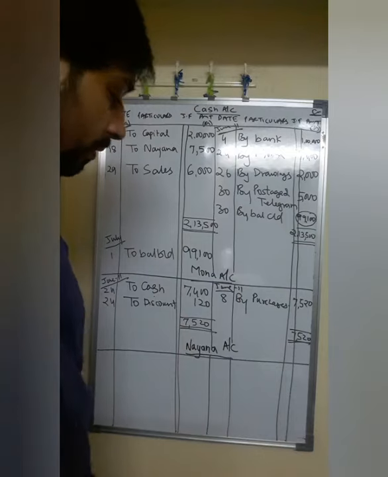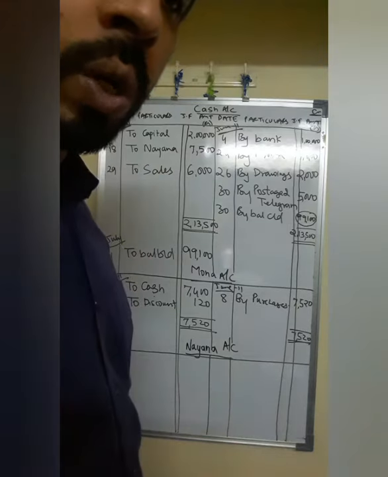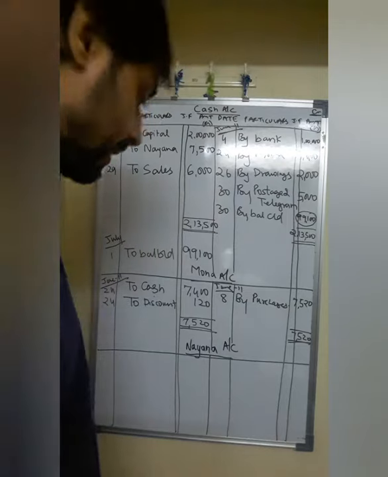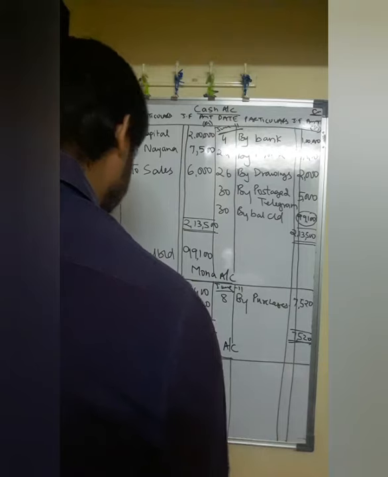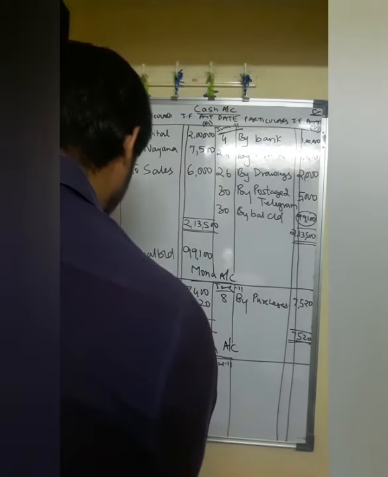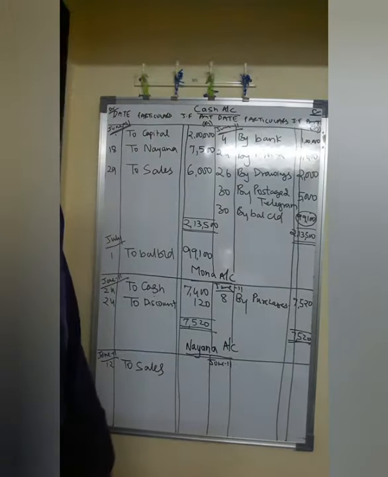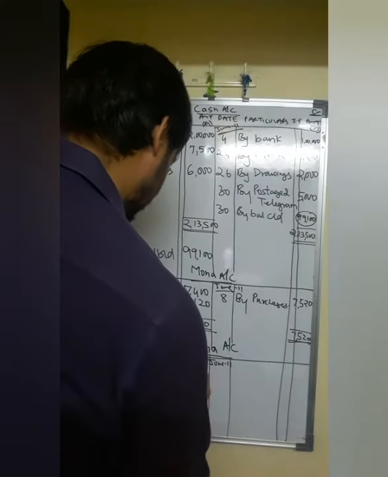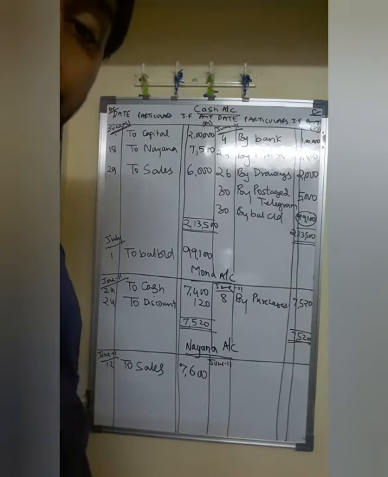Similarly, Nena. The last ledger account is Nena. Which is the transaction related to Nena? I think the transaction on June 11th. Nena to sales. Nena is debited. Again, I'll write the date first. June 2011. Nena account debit to sales. What is the amount given there, students? Nena to sales is 7,600 after trade discount. That means we have sold goods to Nena worth 7,600.